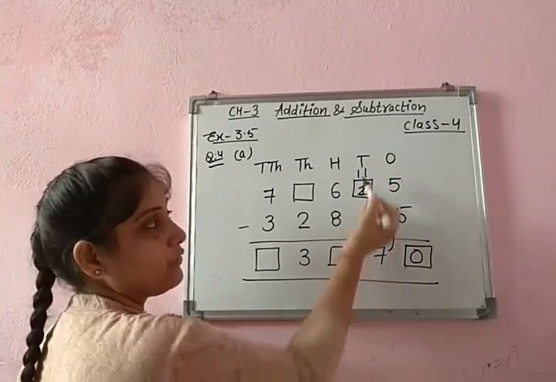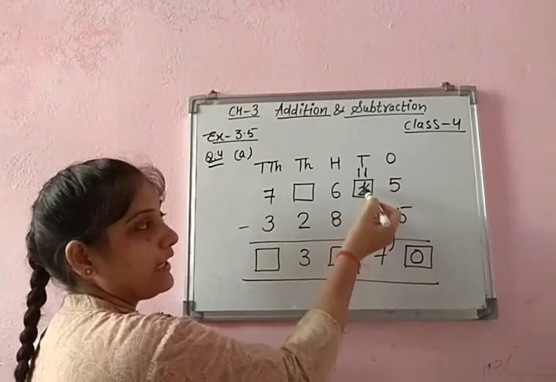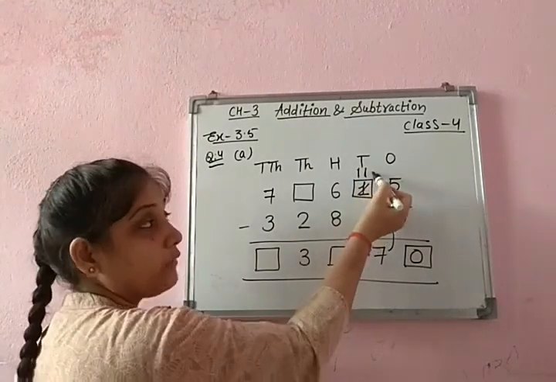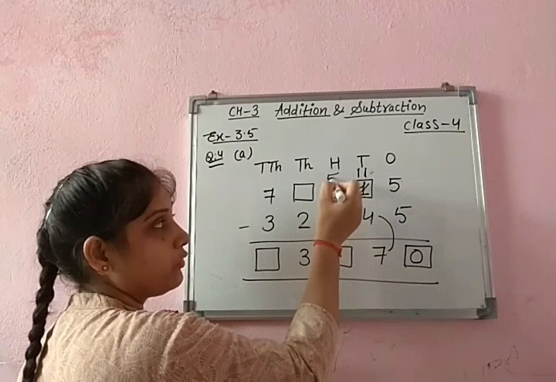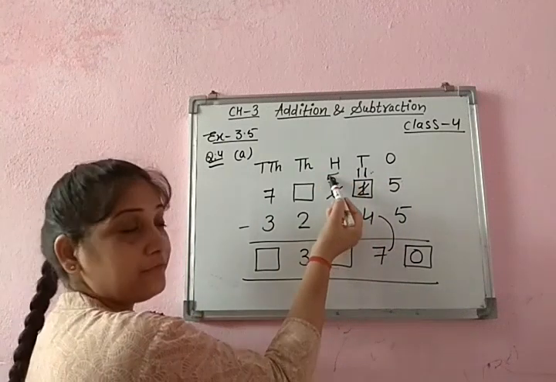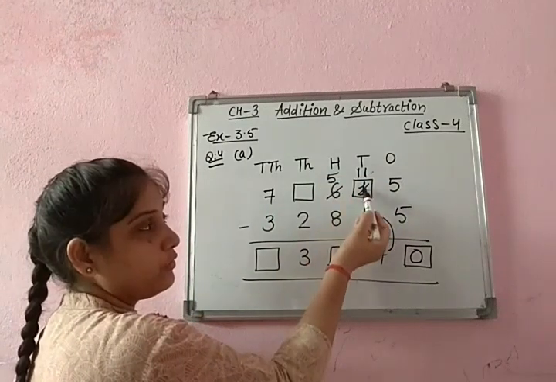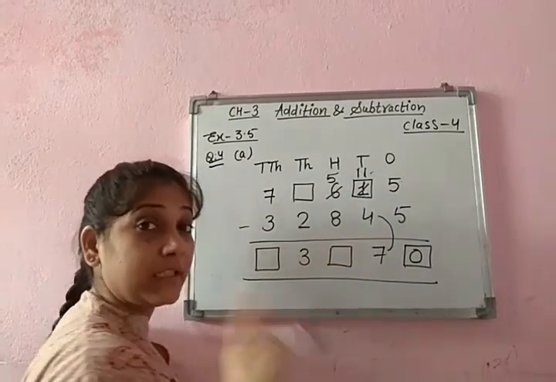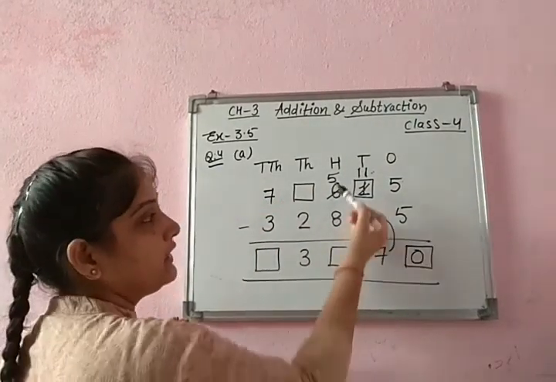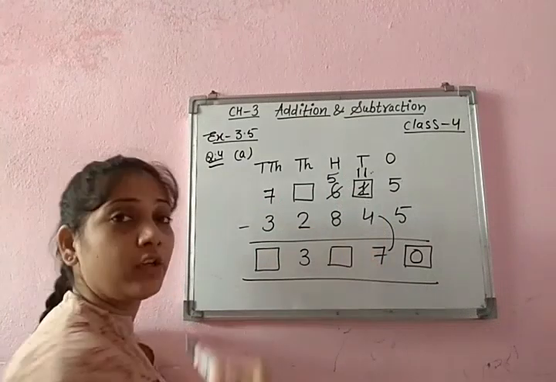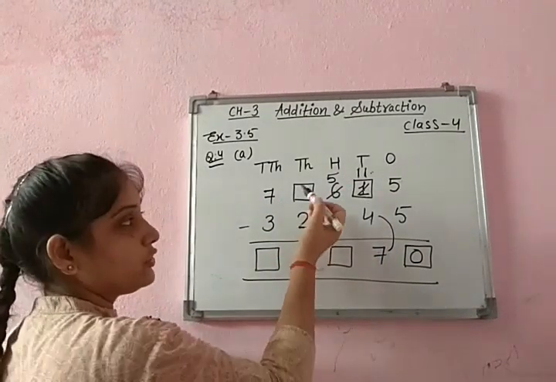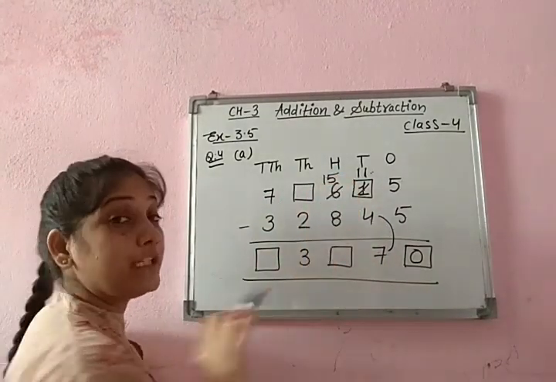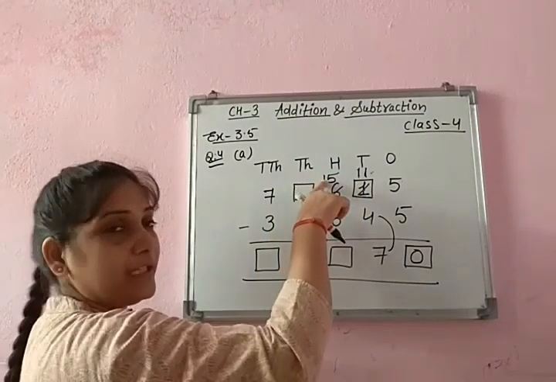Because 7 plus 4 gives me 11, I have to write 1 here. And how does it become 11? By taking the borrow from here. So it is 5. When it gives borrow, this one will become 11. So 11 minus 4, 7. The condition must be satisfied. Now from 5, I cannot subtract 8. So what do we have to do? Definitely it will be 15, because the bigger number should be there.